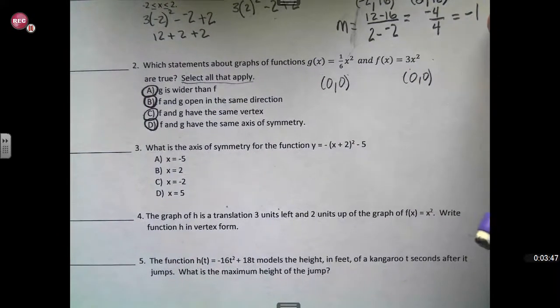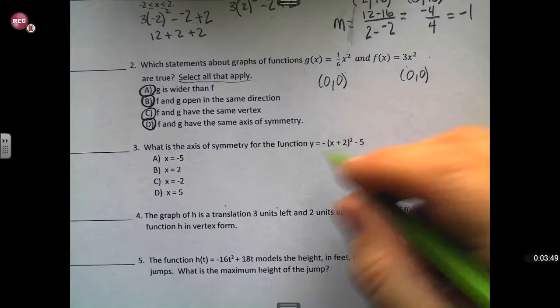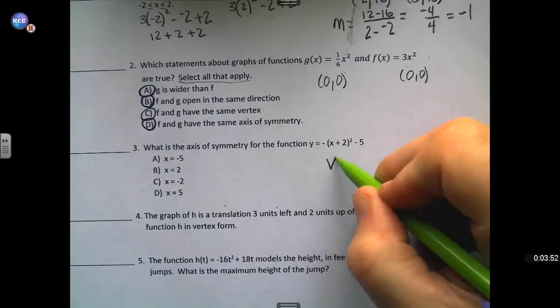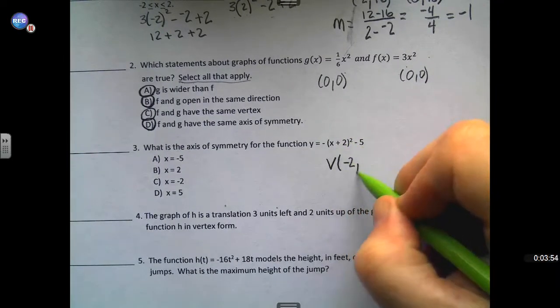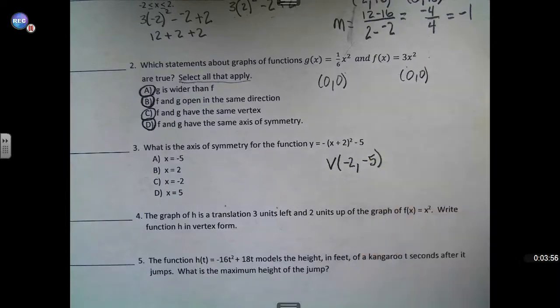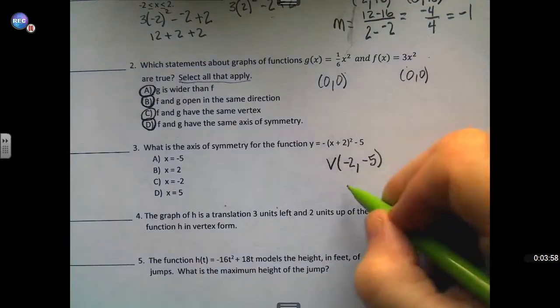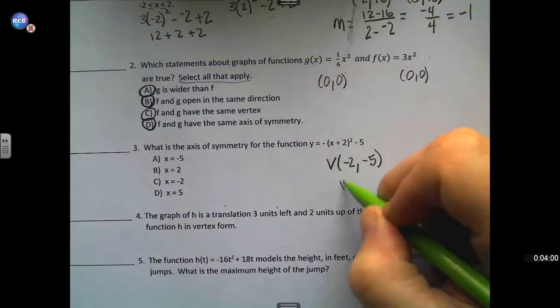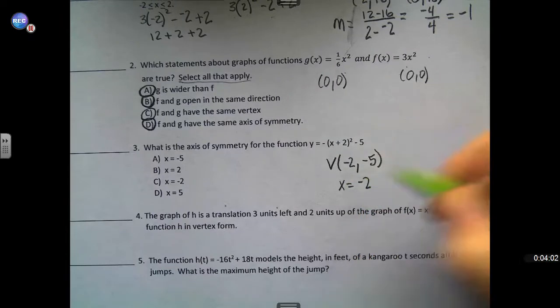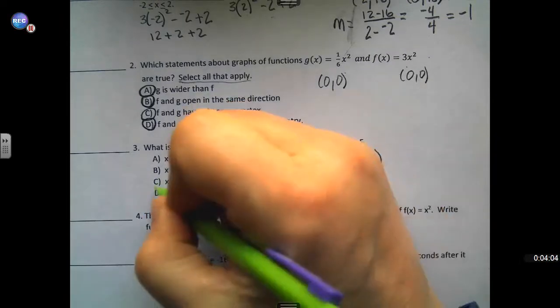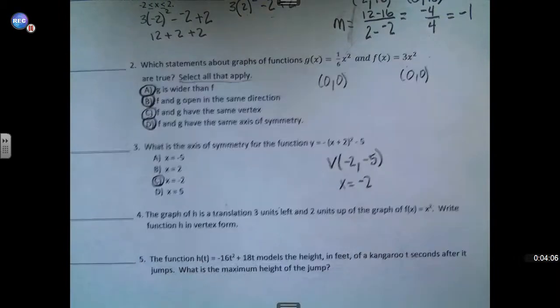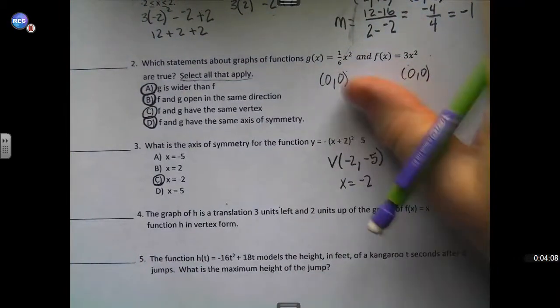What is the axis of symmetry for the function? Well, the vertex for that function is -2, -5. So the axis of symmetry would be x equals the x coordinate of the vertex, which is -2. So that's letter C. Then we have